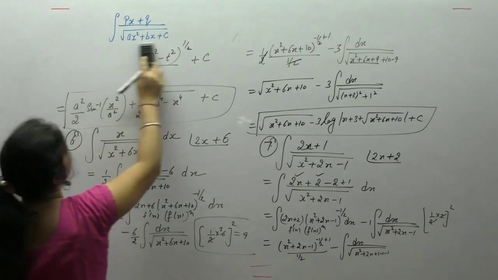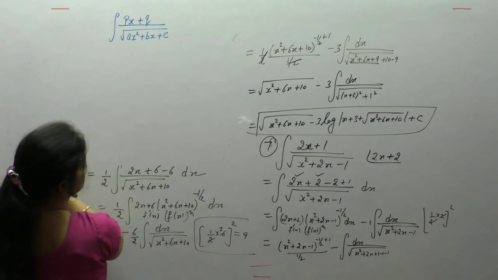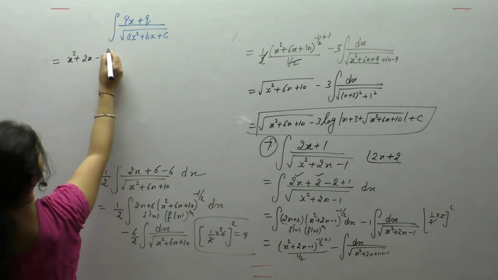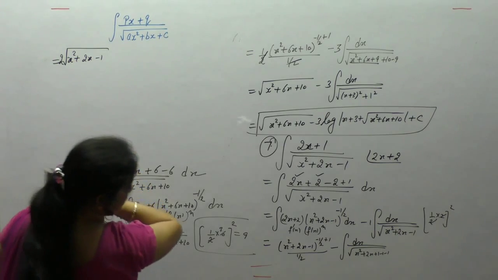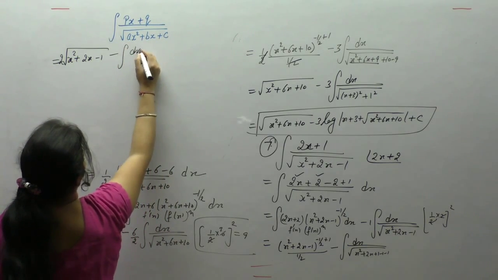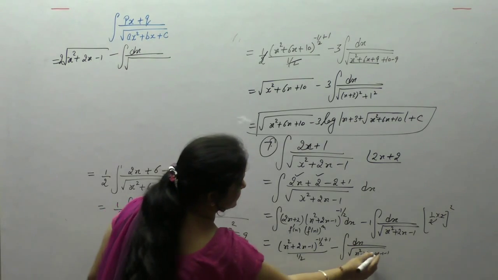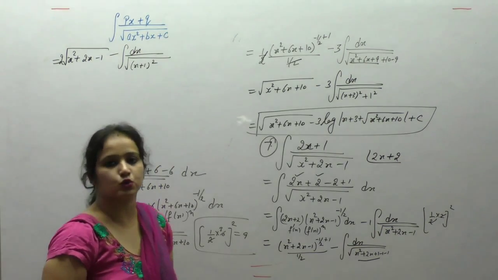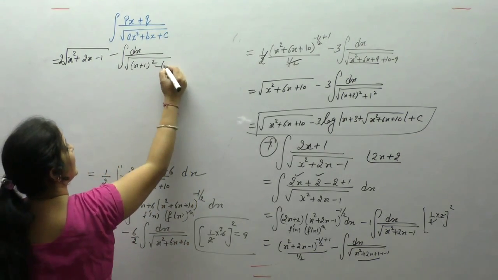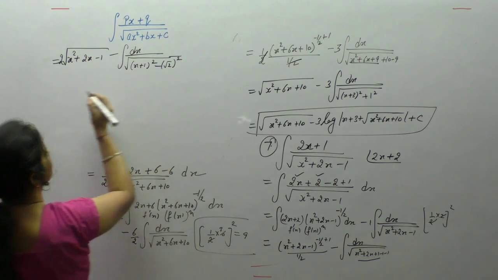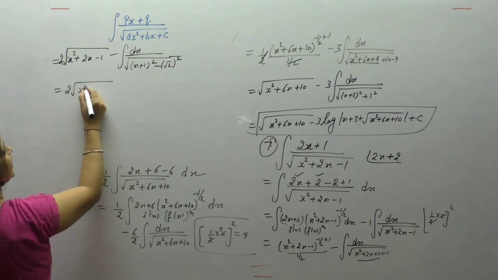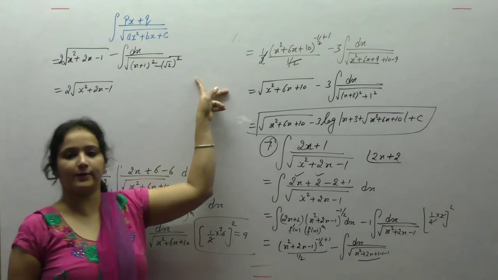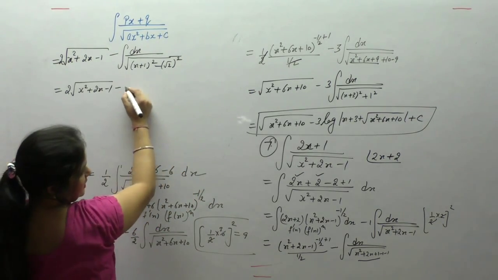Complete the square now. 2 into square root of x square plus 2x minus 1, minus dx upon square root of (x plus 1) whole square minus 1 minus 1, which is minus 2. We can write minus 2 as minus square root of 2 whole square. Integral of 1 upon square root of x square minus a square is equal to log of